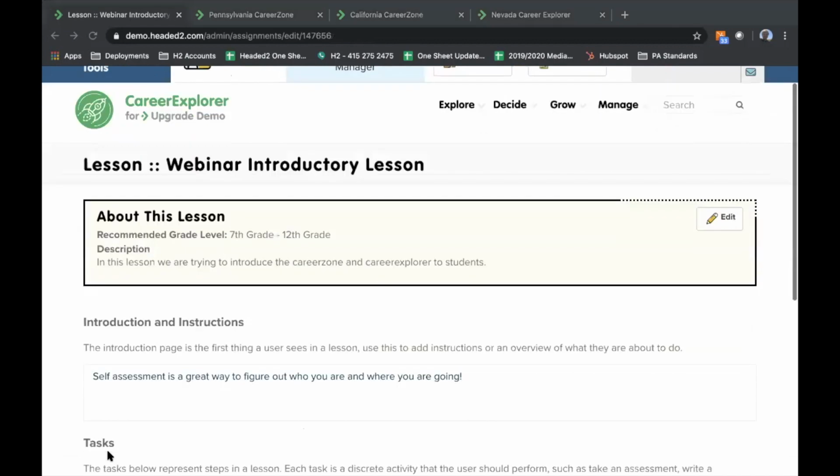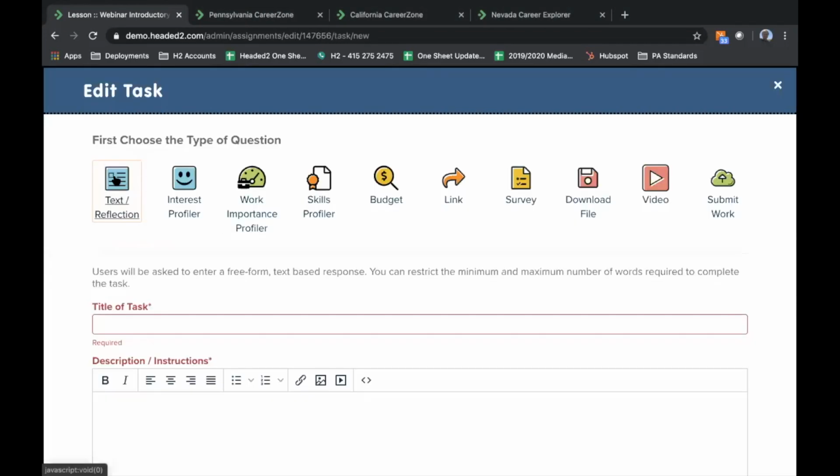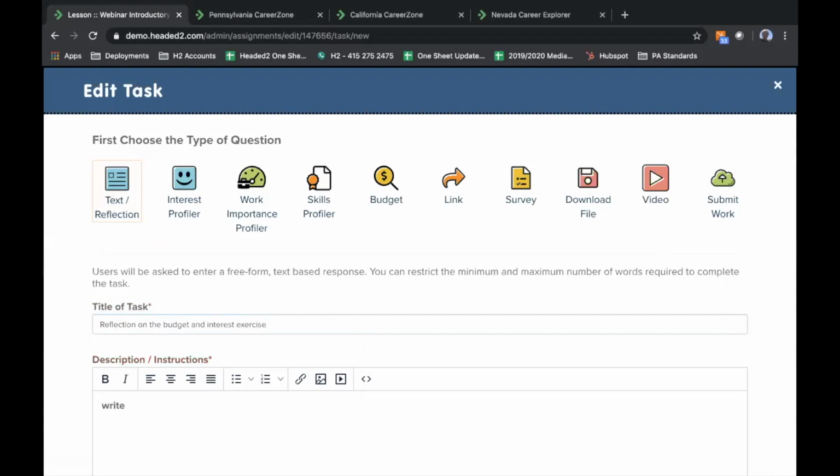Now, just some other options in terms of tasks. What I like to do often, especially if we're working virtually with students, is that in addition to having them do the interest profiler, think about what the class discussion would be. I mean, if kids are working from home over the next weeks or months, you're going to want them to think about the exercises that they're doing, not just do them. So you might potentially add in a task here that's a text reflection, reflection on the budget and interest exercise. And I might say, write 3 paragraphs about how you felt doing these